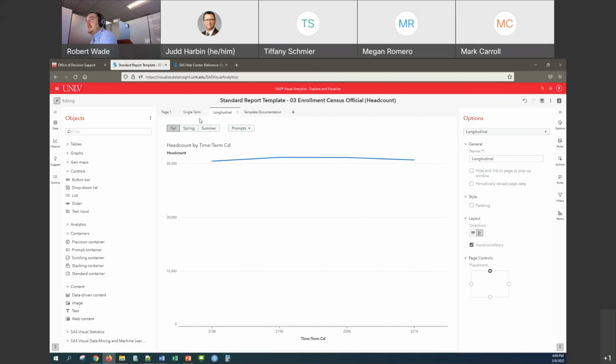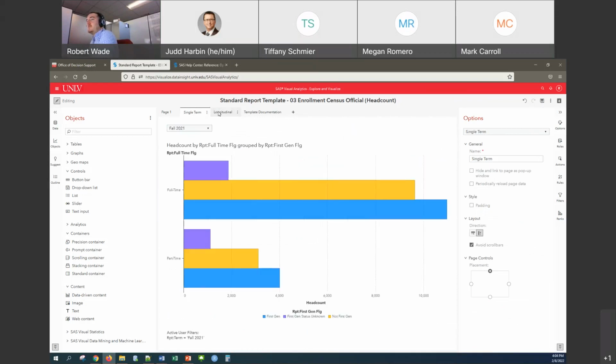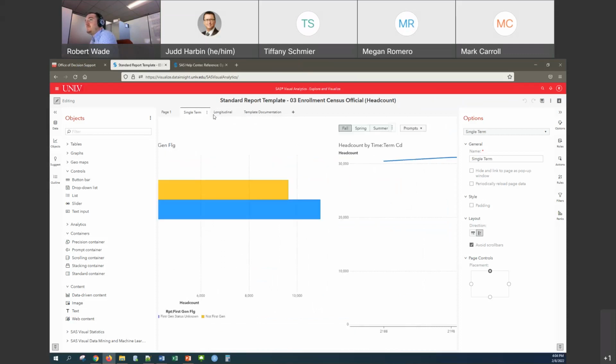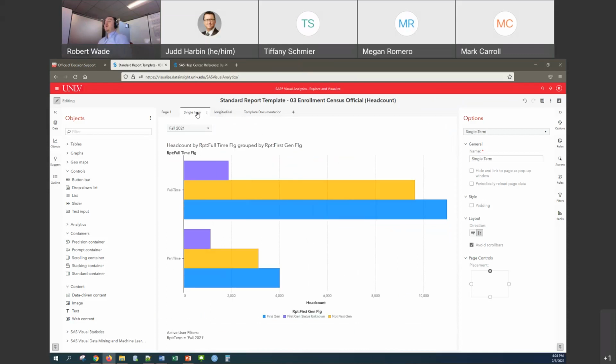Now let's say right now, here in the bar chart, we only want to look at one term at a time. But with the line chart, we want to look at multiple terms. So by necessity, we have to have these term filters be page filters so that they don't interfere with each other, right? Well, we can also add report filters that will filter across the entire dashboard,